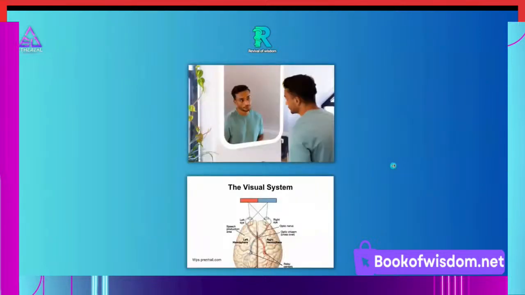So another trick, or another exercise, is looking in the mirror and closing one eye at a time. If you take your top off, for example, you'll analyze your body if you close your right eye, because you're using that left hemisphere. Sorry, other way around. If you look at yourself through your right eye, you'll use that left hemisphere, which will analyze yourself. You'll see individual body parts. If you close the right eye and use the left eye, you'll see your body as a whole. You won't really analyze it. This is how you can analyze yourself using these two hemispheres.